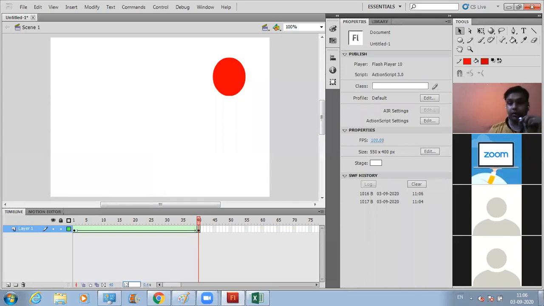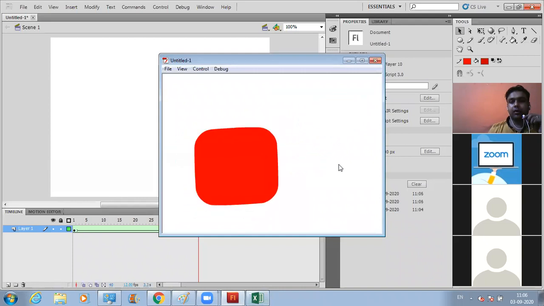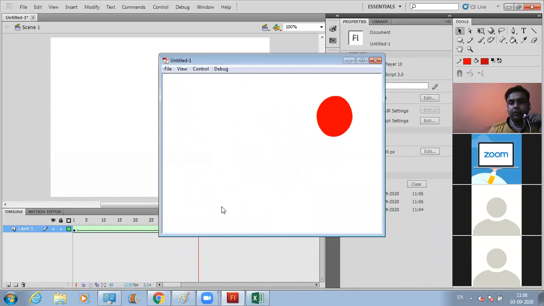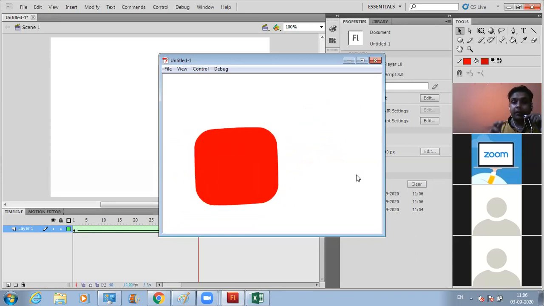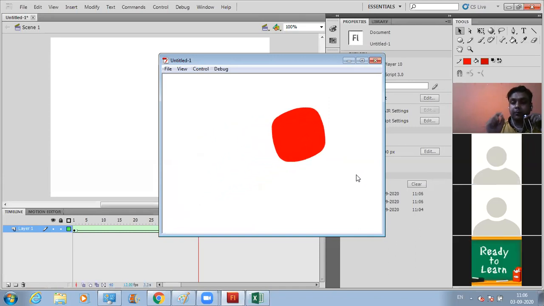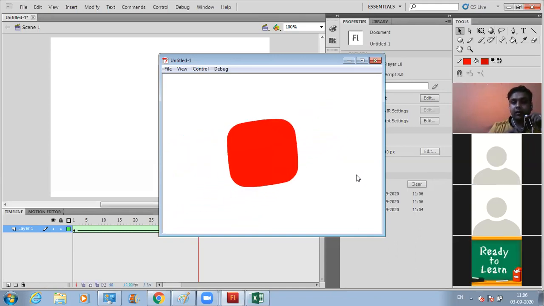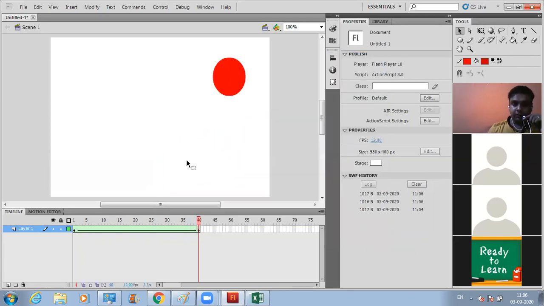Let us change it to 12. Okay, I'm changing it to 12. Now let's see what we are going to see in the final preview window. So this is the kind of animation that you will finally get to see. Now what has happened to the animation? The speed of that animation has become low. The speed has decreased. Fine. So this is how you can control the motion, or the animation, you can control the speed of that animation. Fine.